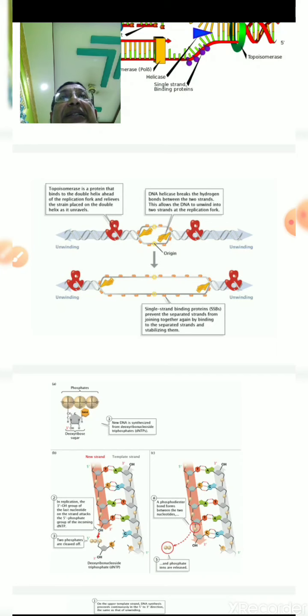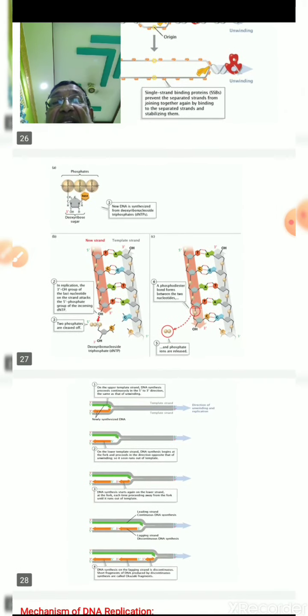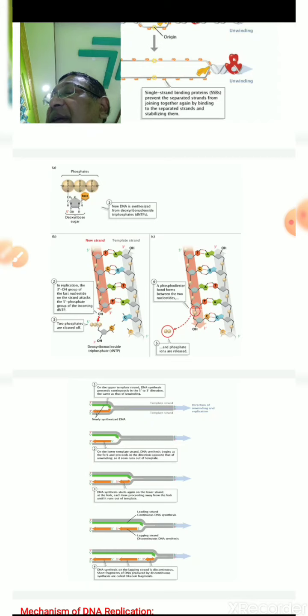Now each strand will act as a template strand. On this template the daughter strand will be synthesized. In my next slide I have also shown the different types of phosphate, 1, 2, 3 phosphate. This phosphate is attached to the deoxyribose sugar at the 5 position, and the base is at the 1 position, so it forms the deoxyribose sugar. So naturally there are 4 types of dNTPs, which are essential during DNA replication, for DNA synthesis. Okay, 4 types are essential.